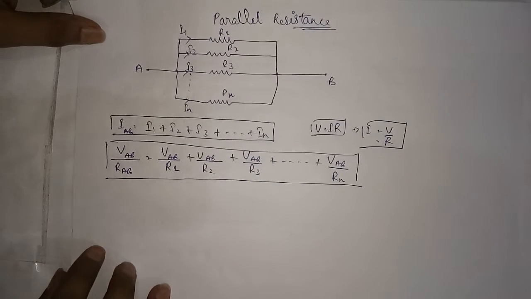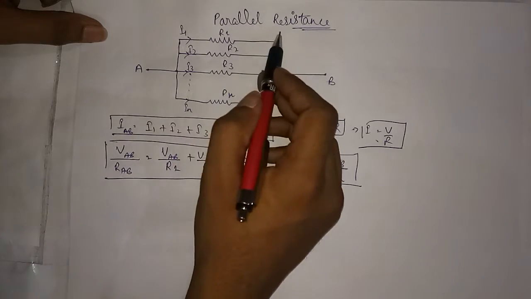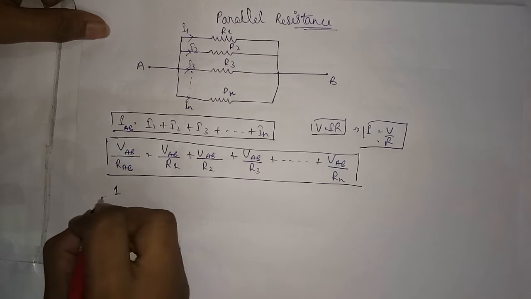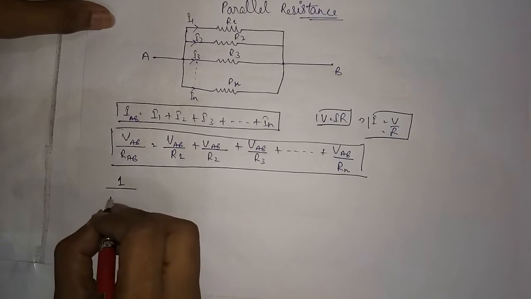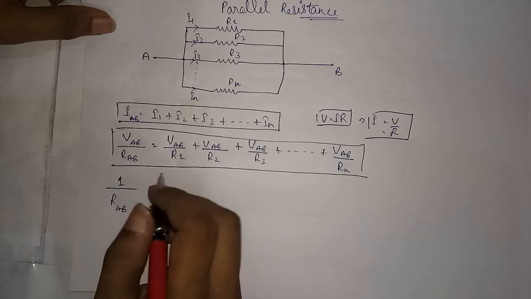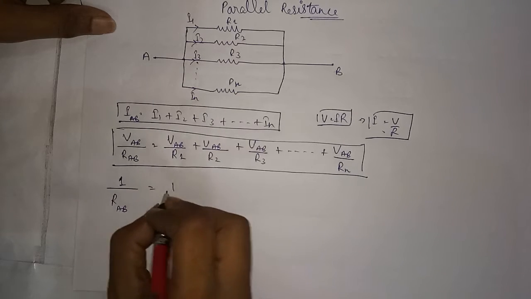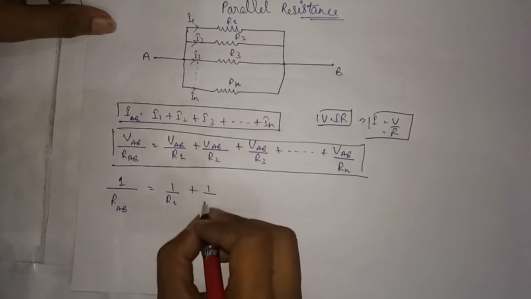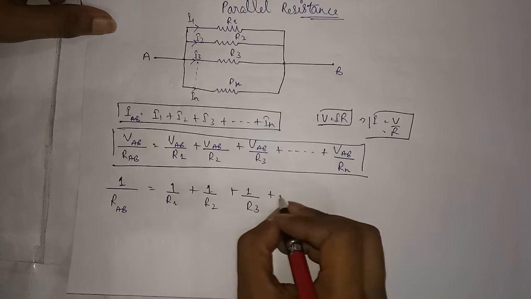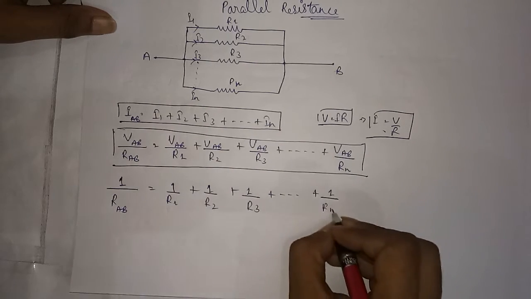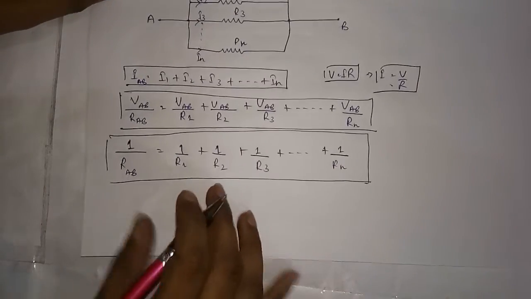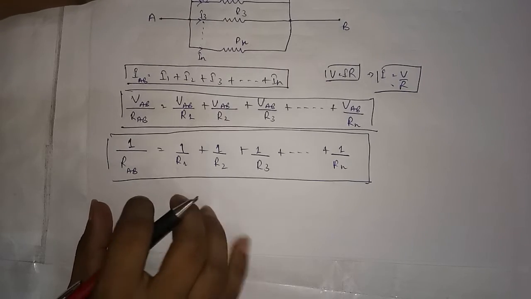Now coming to today's topic, that is parallel resistance. In parallel resistance we have to find resistance in this way: 1 upon RAB. I'm directly giving you the formula, gentlemen, else it's a long derivation. 1 upon RAB is equal to 1 upon R1 plus 1 upon R2 plus 1 upon R3 up to 1 upon Rn. And now I'm gonna give you two cases of this equation which will easily decrease the time of your solving